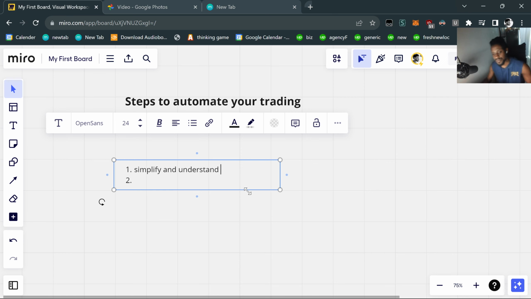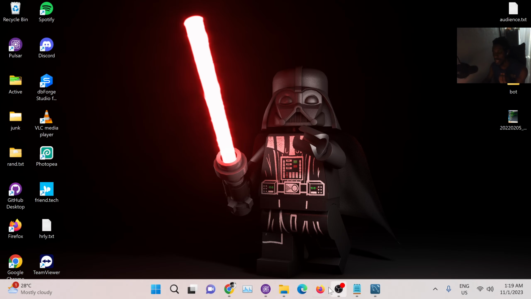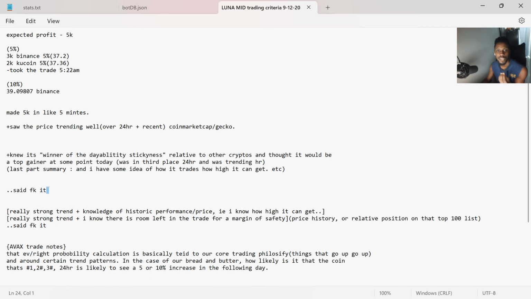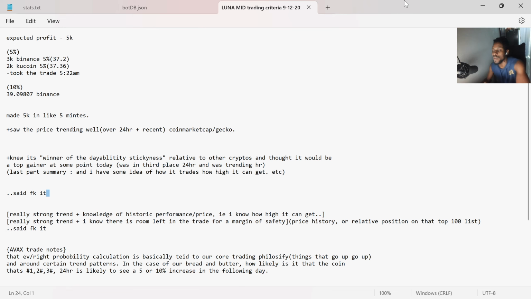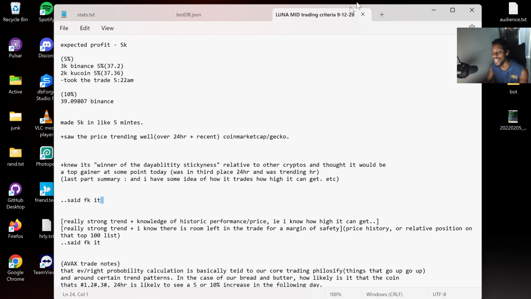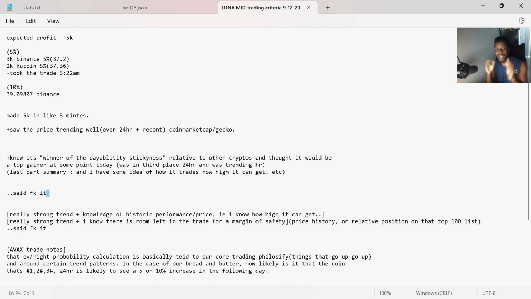All right, so the first step is really to use a notepad, and I'm going to show you guys a notepad that I had as well. In a notepad, this is what I did. Write it down, if you're more comfortable writing. Just write down